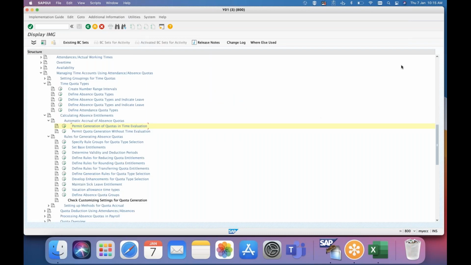Right, guys? Any other questions? So that's it, guys, from my side for the day. We'll have multiple things again on the same quotas and all this stuff. We have multiple topics again till we understand the complete process. This is one way of generating quota. We have multiple ways to generate the quota through time evaluation, which we will discuss in the coming session. Just practice whatever we discussed this weekend, and we'll have further discussions on Monday.